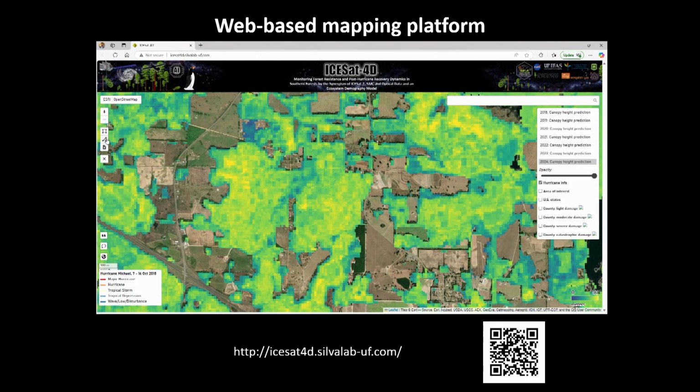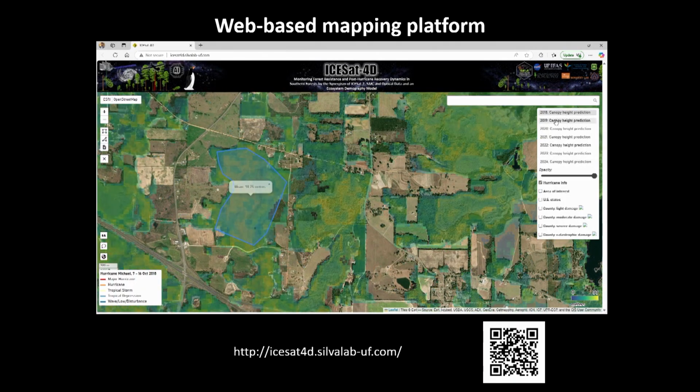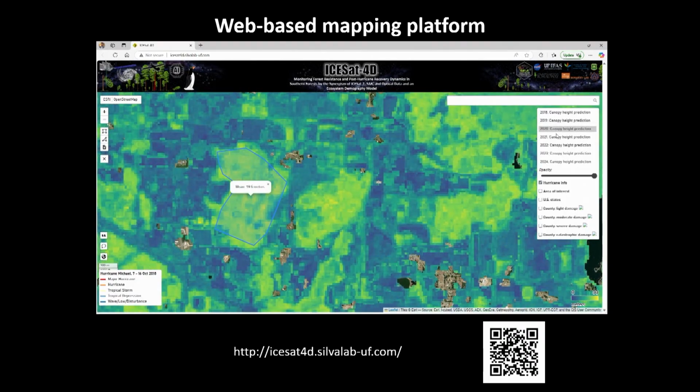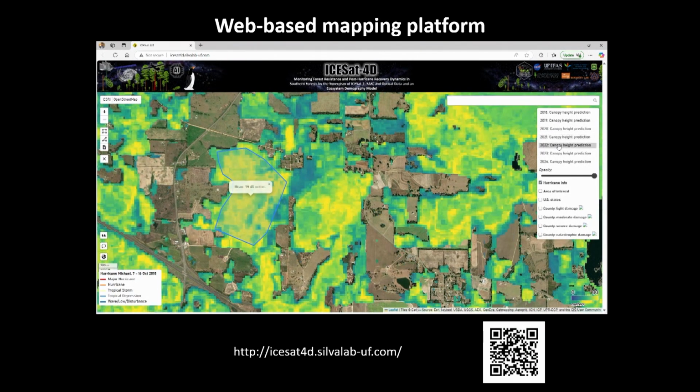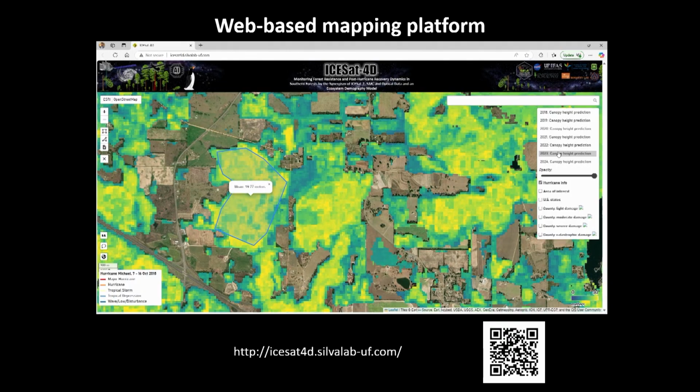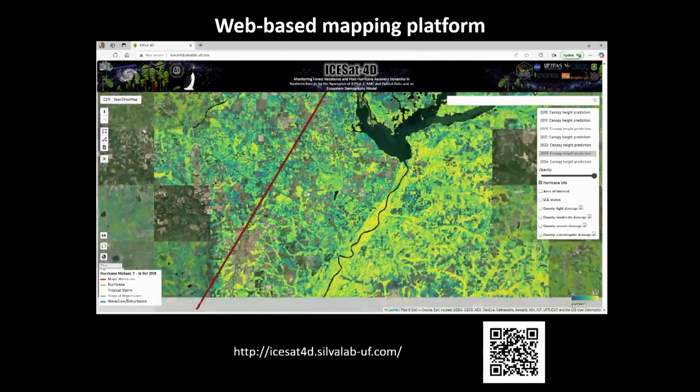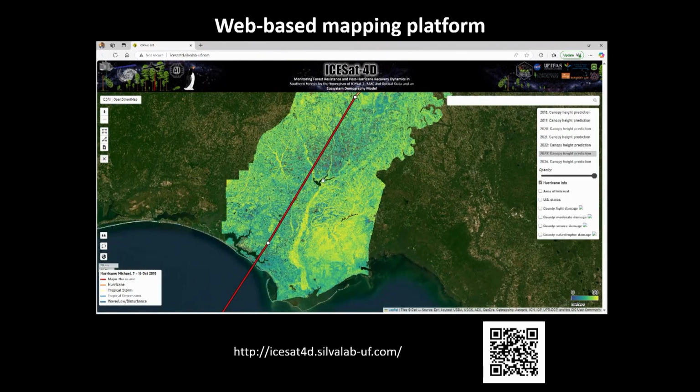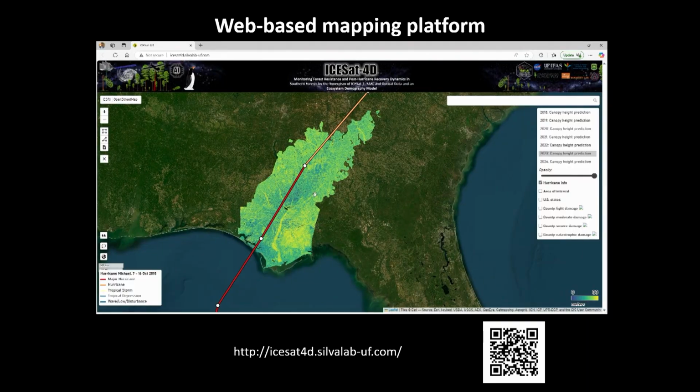Right now we are developing a report, so the users can click and get a report for their area of interest, and also they can see the recovery over time. As you can see here, you can draw a polygon, you can get the height estimate, you can change the layers. This is available for all the area of interest, but we also developed a height map for the entire southern US, and the product and the paper are in review right now, and hopefully will be available soon. And instead of producing at 30 meters, we produce at 10 meters using ICESat-2.